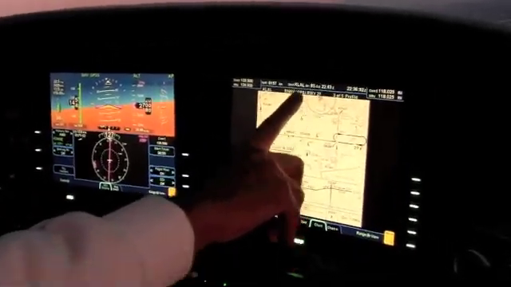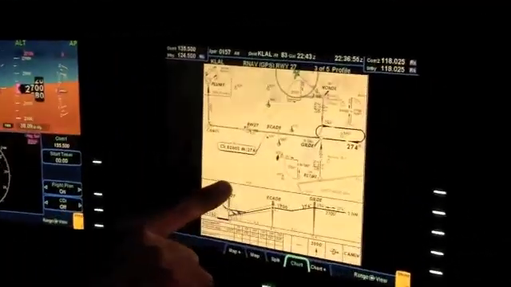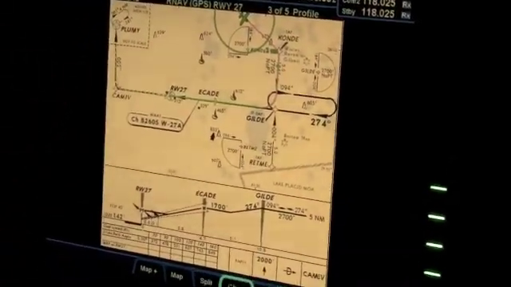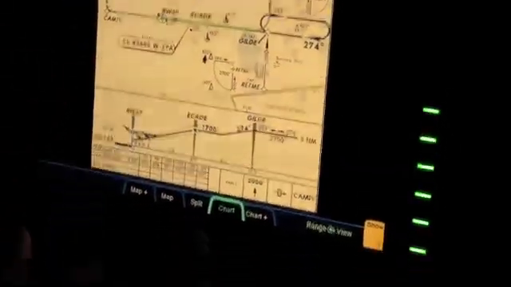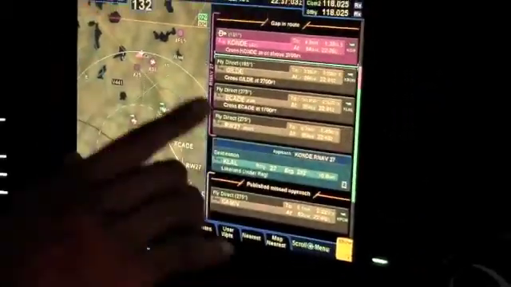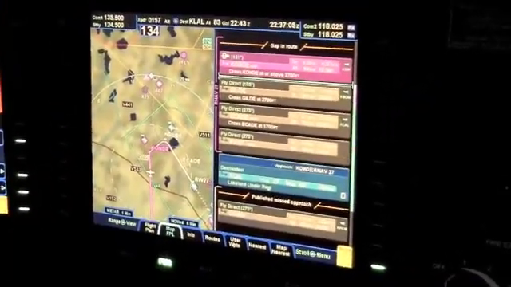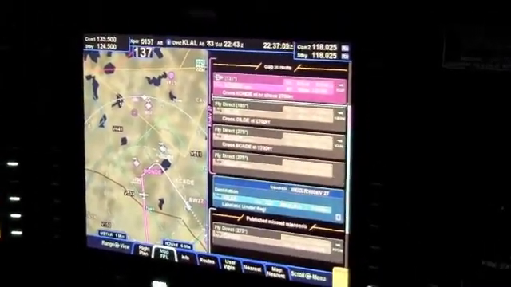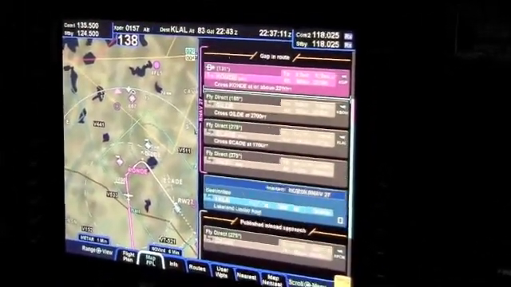And one of the other nice things is you can see it directly overlaid on the chart because the GPS has the overlay built in. So I like to keep my map page on here. Then I like to keep my flight plan and map split and showing. That way I can see the distances to each fix, because that is what the controllers usually want you to